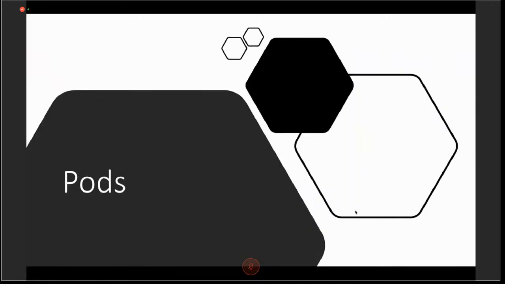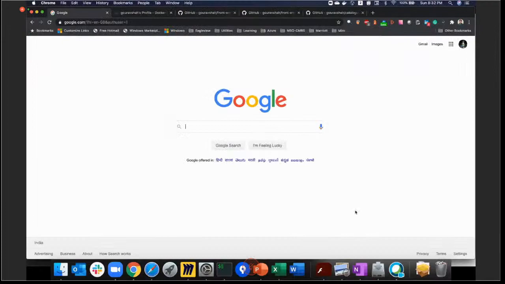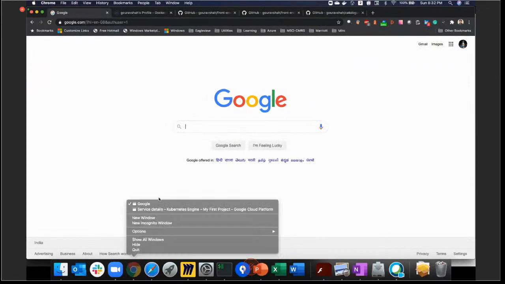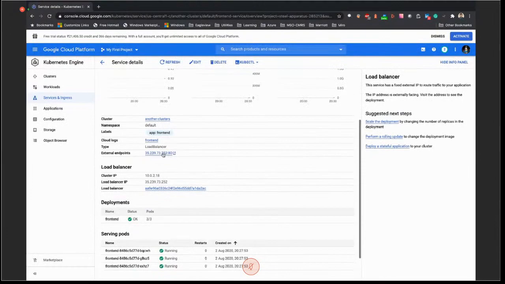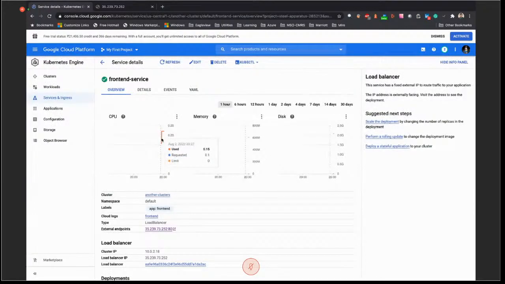So let's see if we have got our stuff created here. We'll go back to this. Yeah, so this is created, and we can see there is a load balancer that we have mapped here. And let me see if this one is really opening up. I'm not sure if that may not be the right port, but looks like there is a call that would have come in. Yeah, so there is a call that has come in, and something is there on the container that is running. Okay.